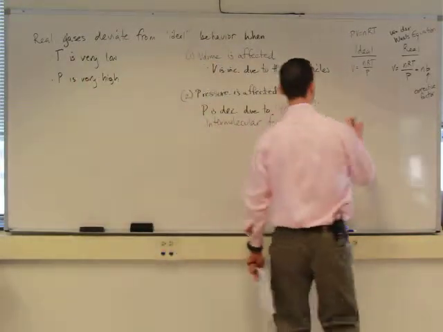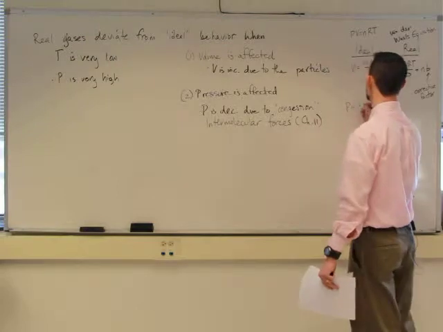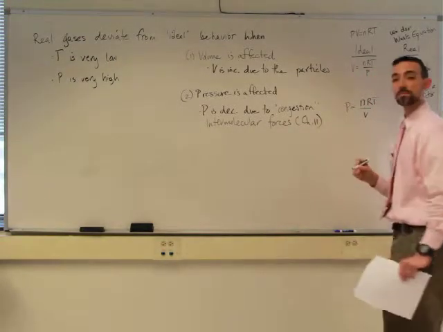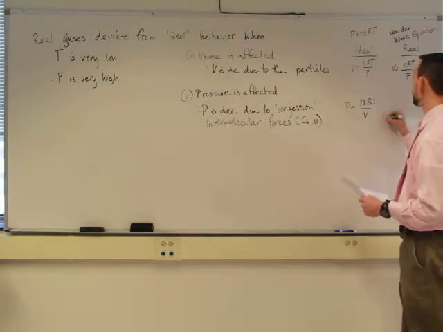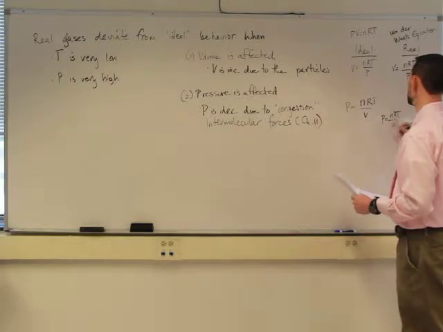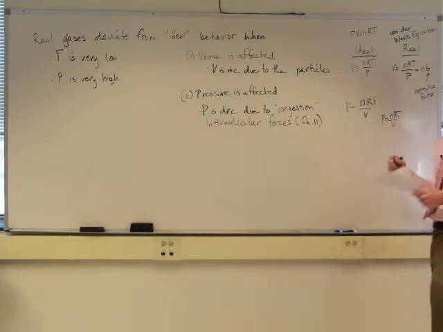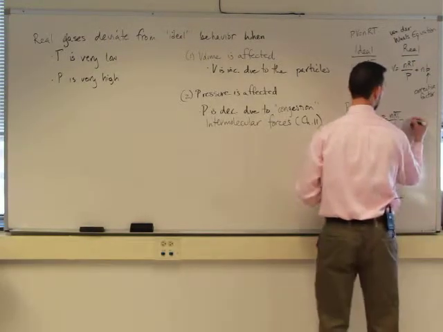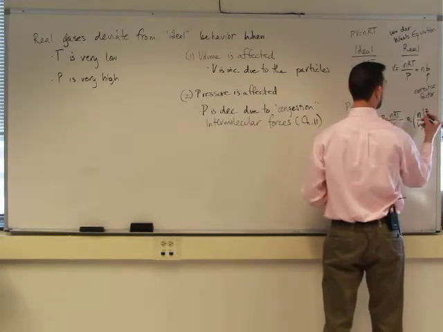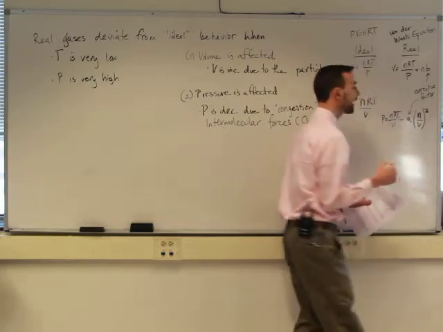So in the ideal gas law, our pressure would be nRT divided by V. In the van der Waals equation of state, it's nRT divided by V, and again with a corrective factor. We're subtracting a times n over V squared. And so a is a